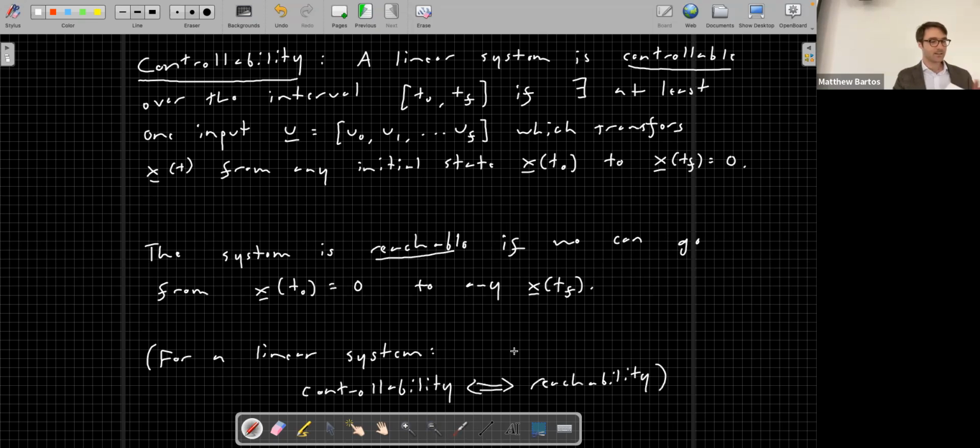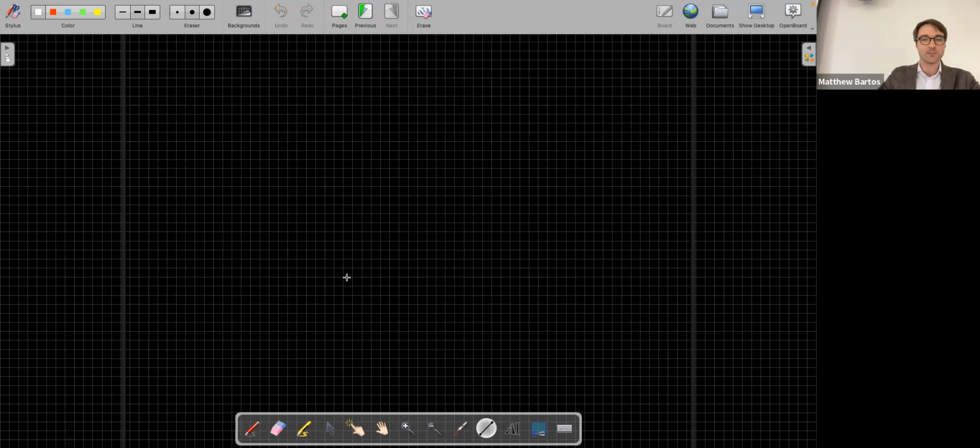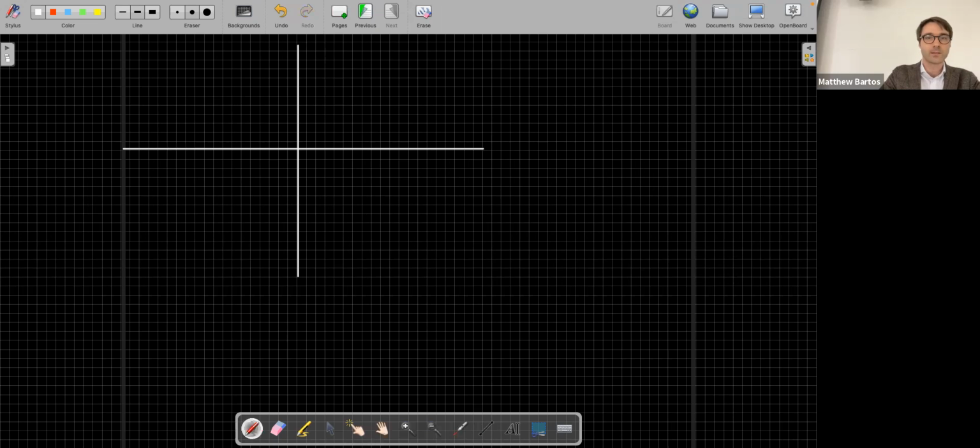Okay, so let's take a look at the controllability problem in a bit more detail. We'll get to the observability problem a little bit later, but let's just conceptually go over this concept of controllability. So let's say we have some state space. I'll call this x-axis x1, this y-axis x2. And let's just look at reachability now, because it's equivalent to controllability, and it's perhaps a little bit easier to